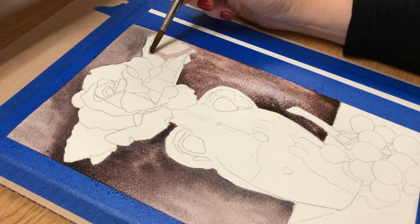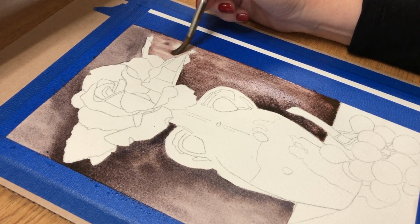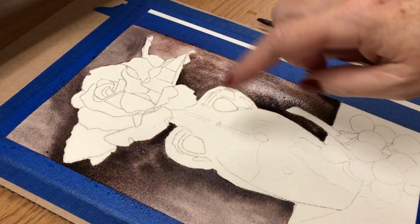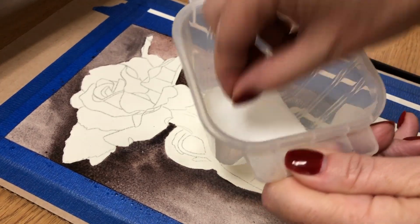All right, so this is my area where it's lightest, and this is also the part where I'm going to be doing the salt technique. So I want to make sure that my salt is ready to go. I've got everything in except for my two little handle holes, which I'll do after I get my salt in place. So I'm grabbing my salt, and I'm just going to grab a little pinch of it